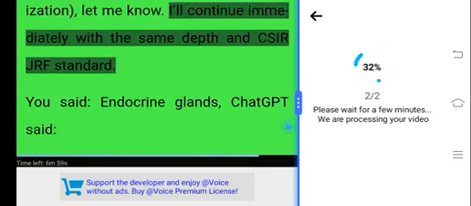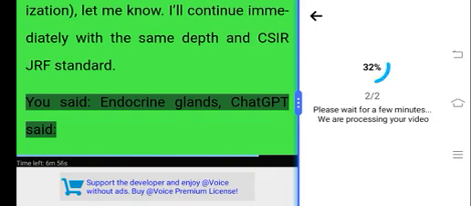If you want the next part, like menstrual cycle regulation, hormonal control of pregnancy, or gametogenesis and fertilization, let me know. I'll continue immediately with the same depth and CSIR JRF standard. You said: endocrine glands. ChatGPT said: